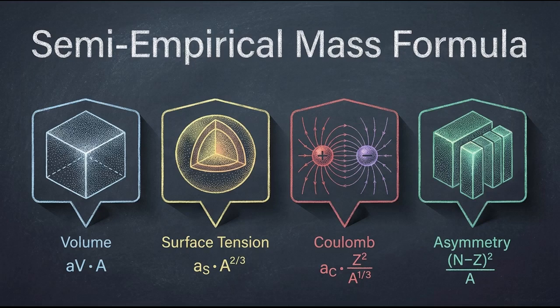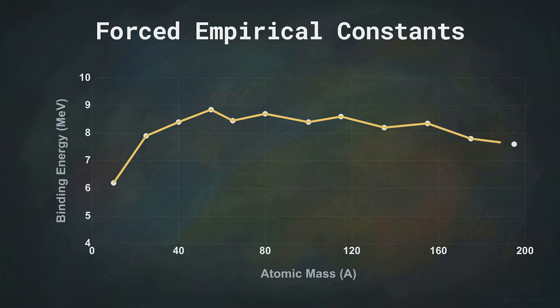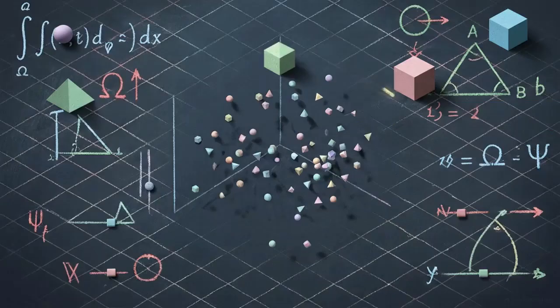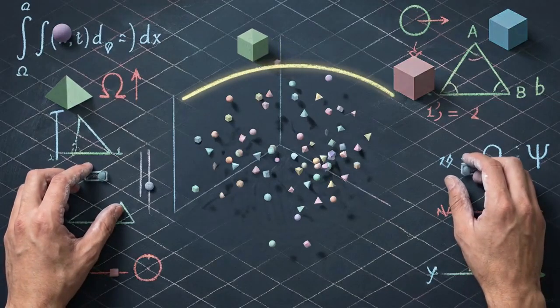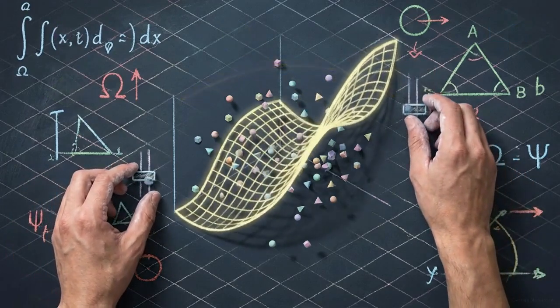Nuclear binding energy is traditionally calculated using four primary coefficients: volume, surface tension, Coulomb forces, and asymmetry. These values are empirical fits, constants extracted from experimental data rather than derived from a foundational theory. Because these constants are tuned to match physical observations, the Standard Model operates as a description of behavior rather than